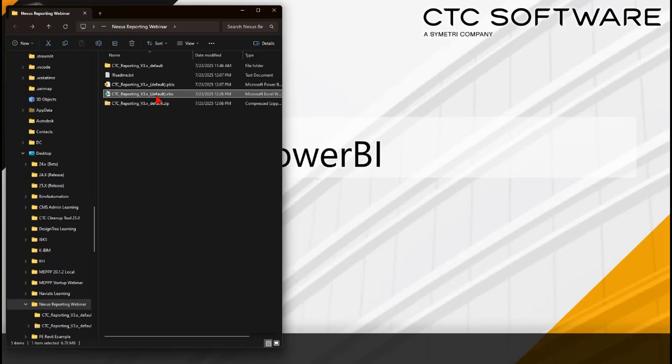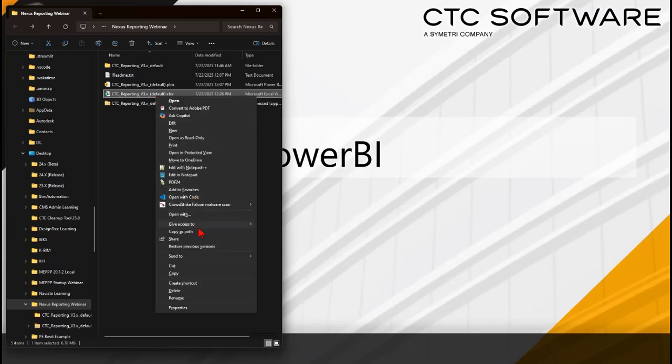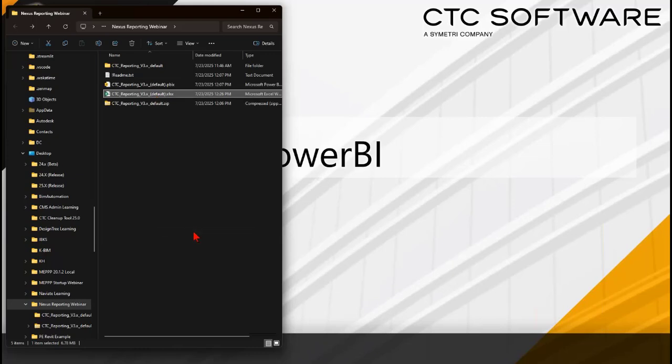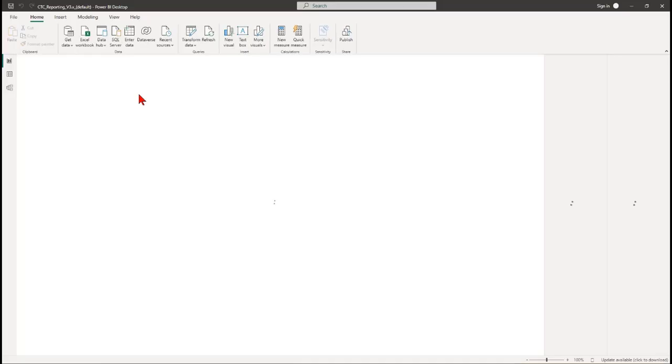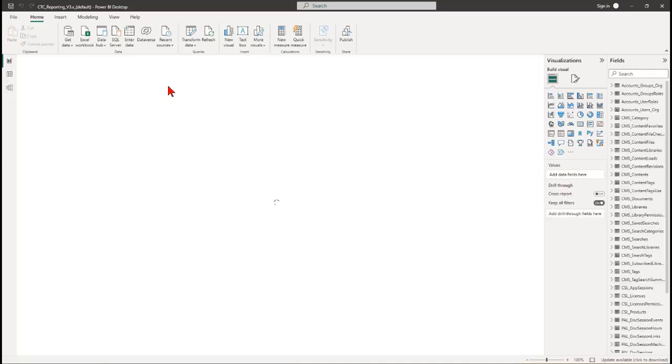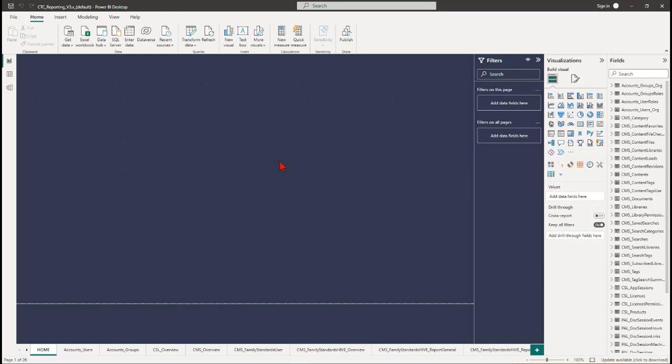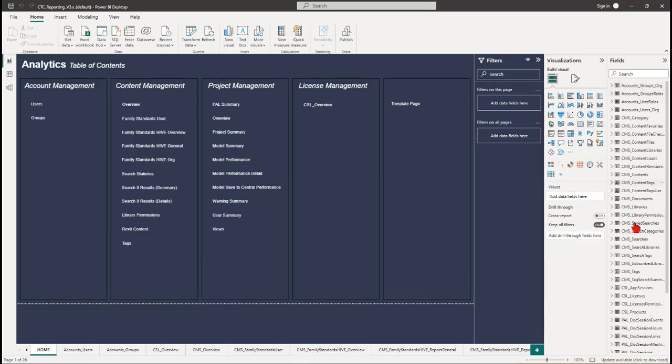So I'm going to Shift right click in Windows, and I'm going to copy as path for this file right here. So I know the exact file that I'm going to be dealing with. And then I'm going to use that as a parameter, as a property inside this Excel file. See, I've already linked all of that data for you, and I've given you some default graphs and things that you can use,